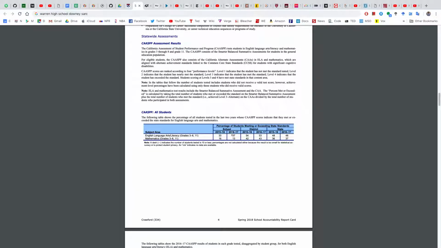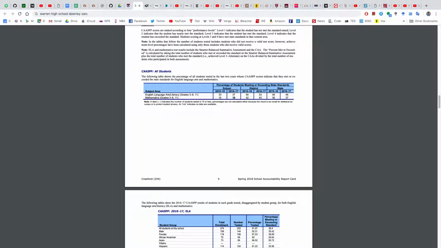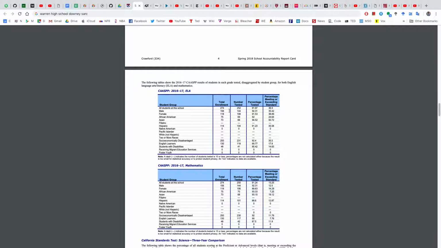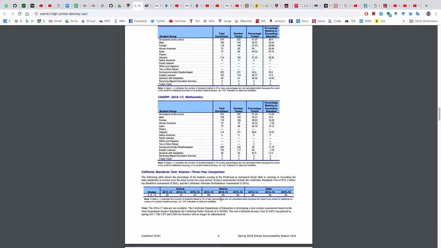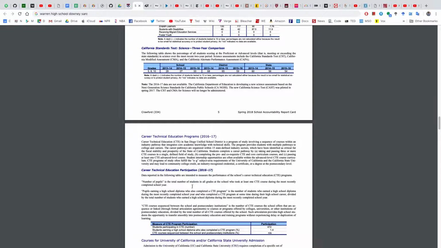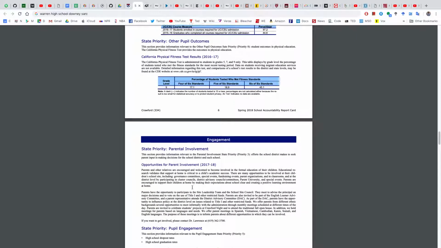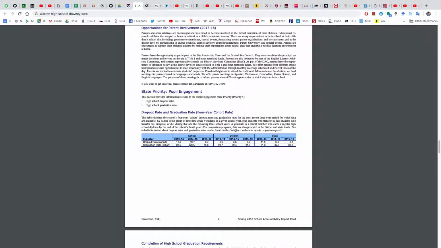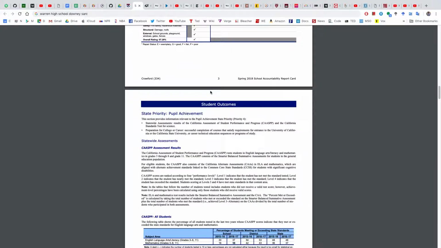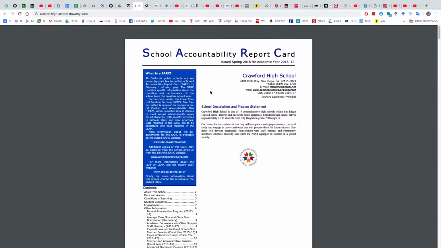In this case, here's the data we're going to collect for the 2016-2017 school year. English, math test scores, science test scores, and so on and so forth. There's other metrics that we're also going to collect. But make sure you read this report for the very first time so you understand the format and how the information is conveyed.